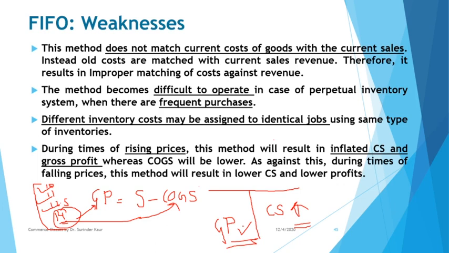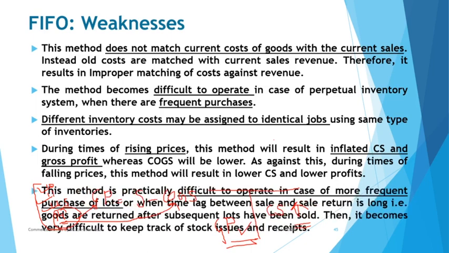Another is the effect on the opening stock. Your opening stock, which you are carrying forward from last year, will have the reverse effect, because opening stock is negatively related with the gross profit. So this is an important limitation of this system. I hope the whole system along with its advantages and weaknesses is clear to you, and you can practice some more questions. In times of rising or falling prices, this point must be taken care of.